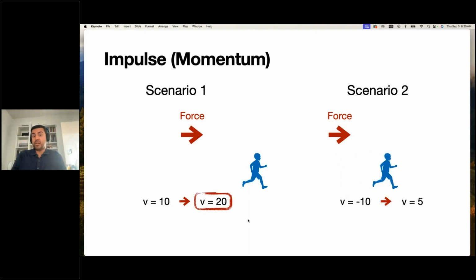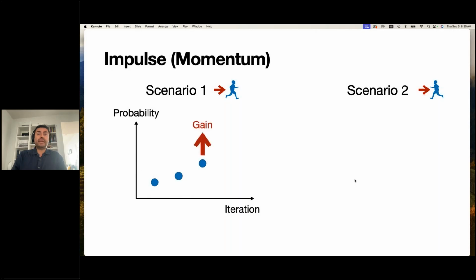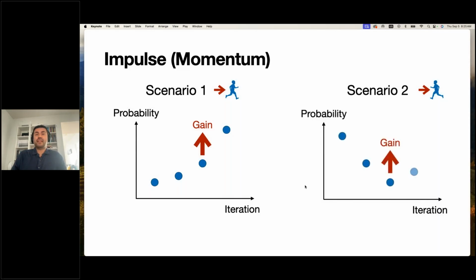And that's what we're going to do with the model, right? If the model's been growing probabilities, I grow it more. But if they're decreasing and I want them to grow, they grow slower. So basically, that's the impulse. And so basically, if the probability has been growing and I get a gain that's positive, then I grow it even more. But if it's decreasing and I have a gain that's positive, then I grow it very little. If the impulse matches the gain, I grow the probability a lot. If the impulse is opposite to the gain, then I don't grow the probability that much.